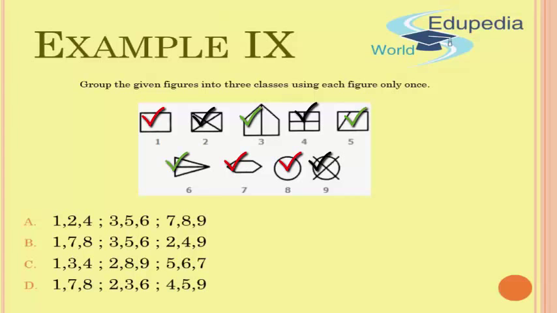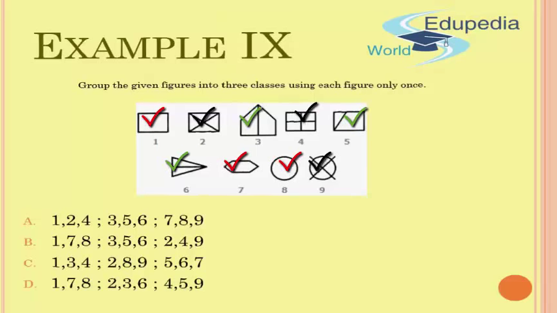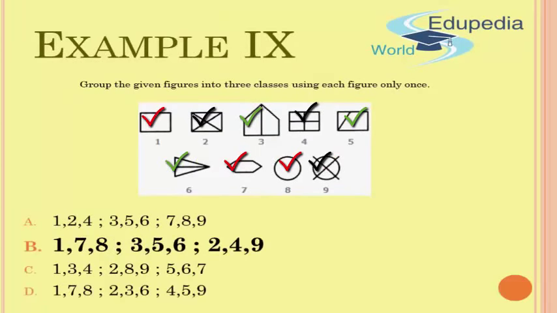And 3, 5 and 6 can also be put together because they have only one line inside. Okay, in 3, 5 and 6 there is one line inside the figure. Okay, we don't have intersecting lines over there. So my answer will be option B. 1, 7, 8 as one group, 3, 5, 6 as the second group, and 2, 4, 9 as the third group. Okay, now let's move on and take a look at